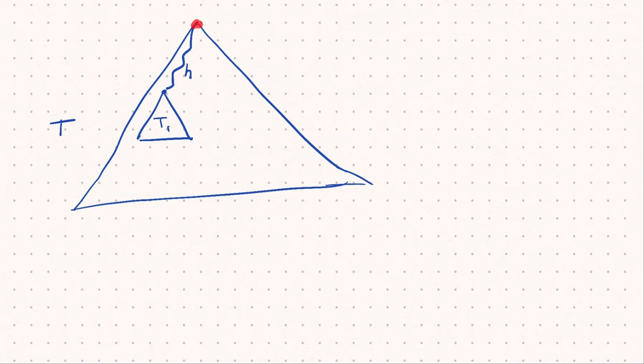Okay, so that depth is h, and then let's say there is another subtree down here. Let's call this T2, and this is at a depth h dash. So h dash is the same thing. It's the distance from the root till the root of T2. Okay, that depth is h dash. So let it be clear what h and h dash are.